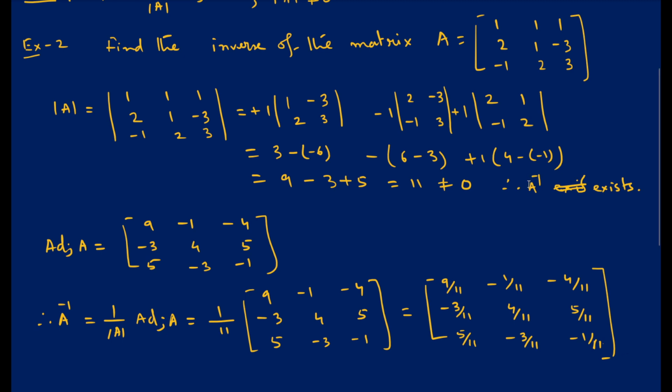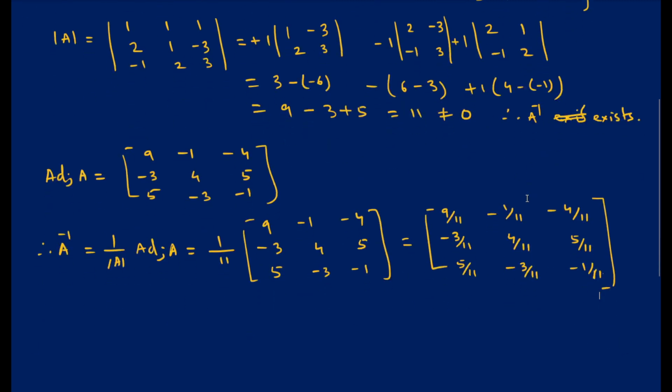Okay, so you can also verify whether this is correct or incorrect. If you multiply A and A inverse, and if you get the identity matrix, meaning 1 0 0, 0 1 0 and then what? 0 0 1. So if you get this, that means there is no mistake in the calculation in the problem. So it is perfectly correct.